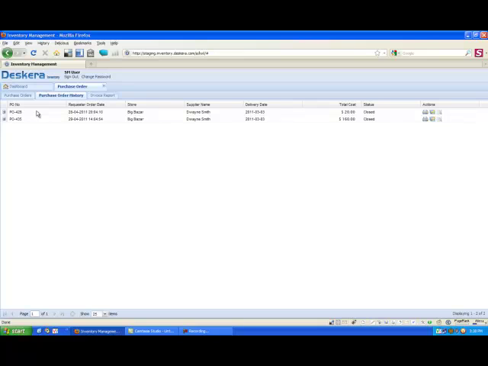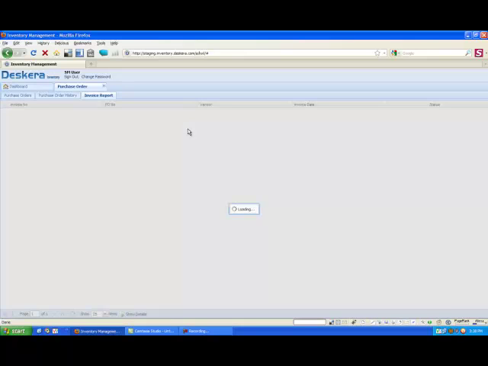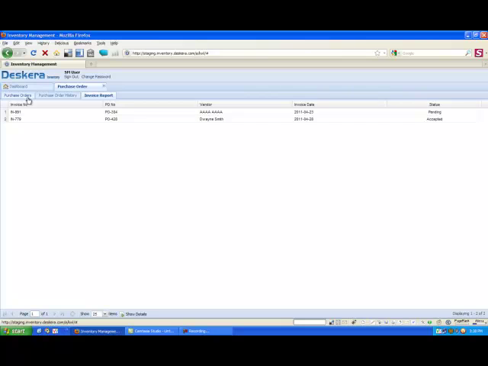Purchase orders that have been closed, I mean initiated, delivered to the supplier, or submitted to the supplier, and the supplier has delivered the goods. And another tab is an invoice report. So this is a tab where all the invoices for the particular PO would be displayed. So I'll go to the purchase orders tab